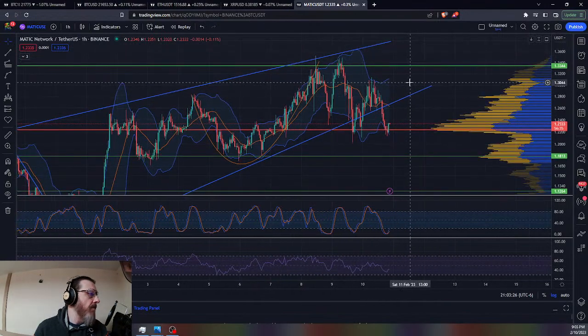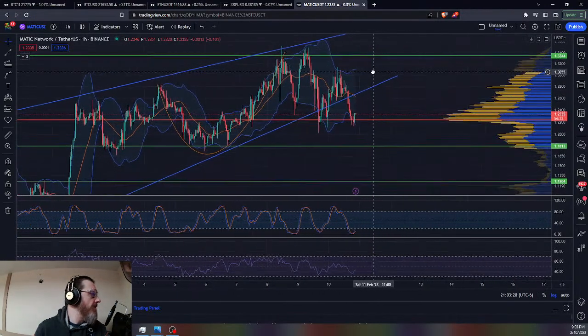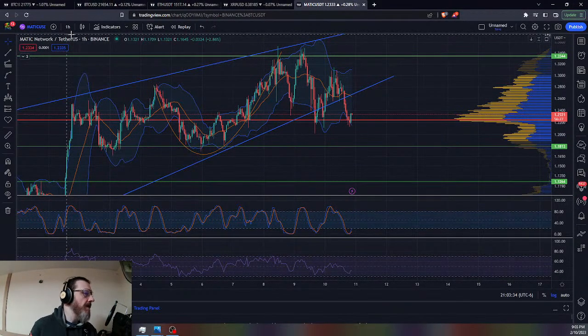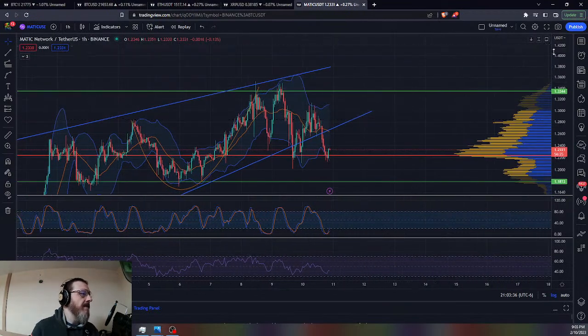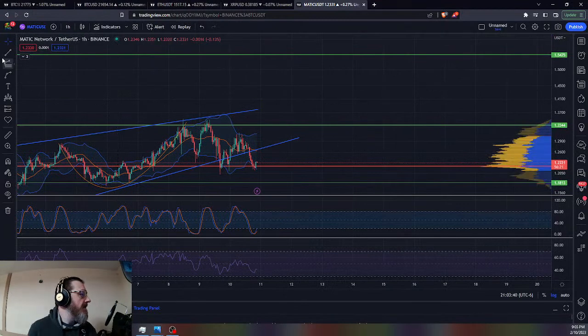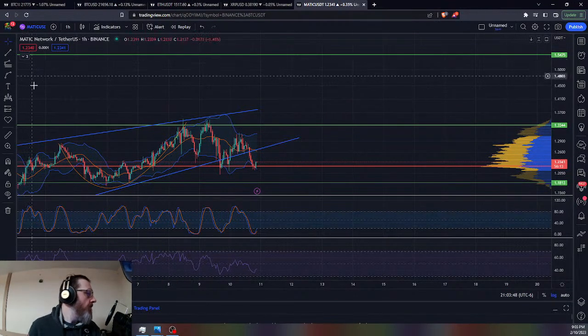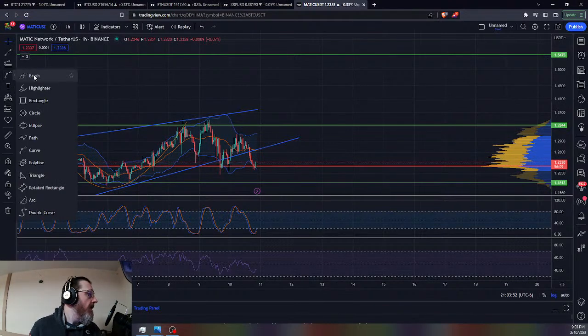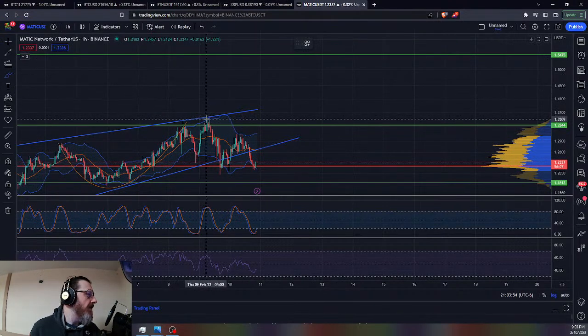consolidation right now for Matic, because it's been very strong versus Bitcoin recently as well, which I am going to jump into and highlight here momentarily. But I do want to kind of extrapolate out what we might see here if this price action plays out the way I think it could. So I just kind of use my brush here, and I'm going to show you